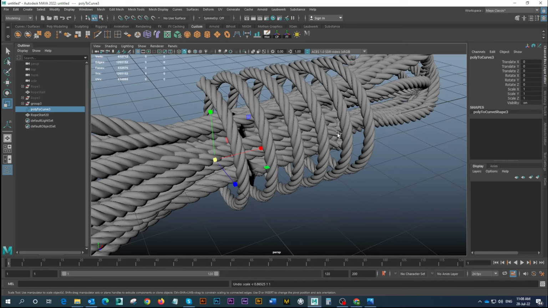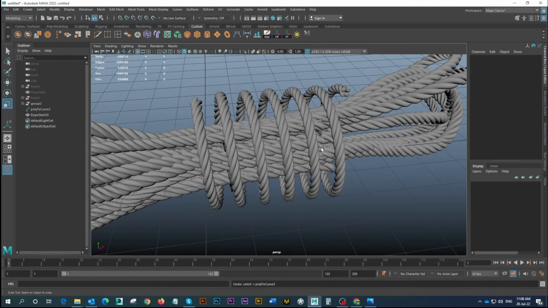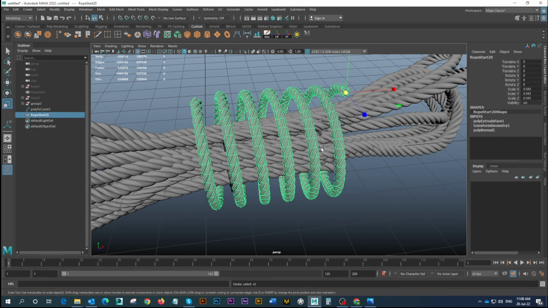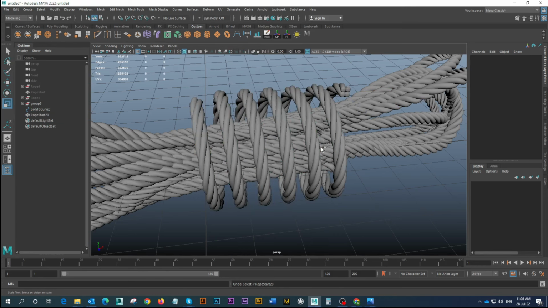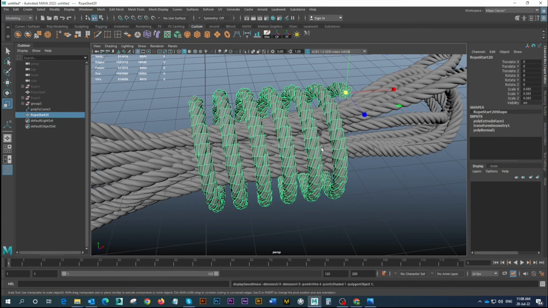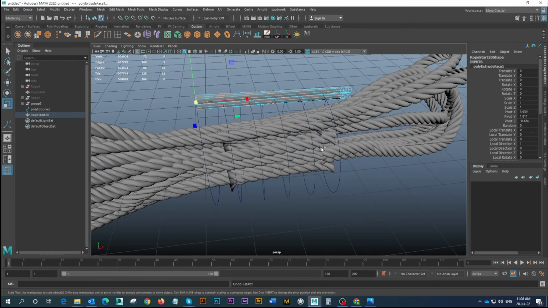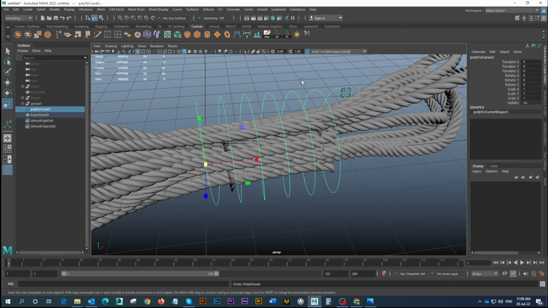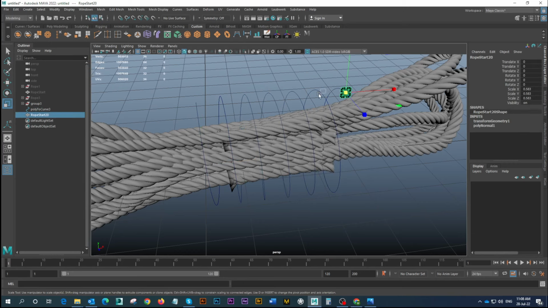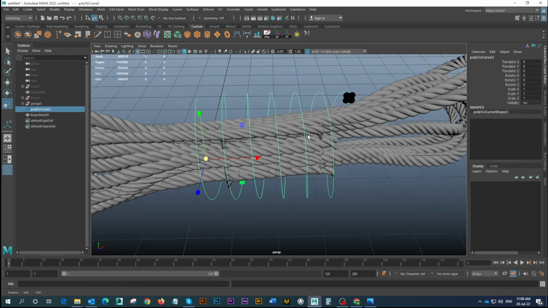I think a better way that we can do this, so give us more flexibility, is to do this before we, let's